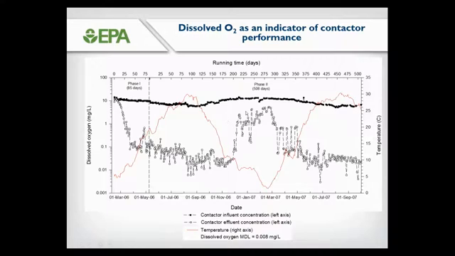The effluent contactor concentration of dissolved oxygen is another way that you can diagnose what's going on inside your anaerobic biological contactor. We can see that during our acclimation period, effluent dissolved oxygen concentrations in white symbols dropped steadily until the steady state period, where we consistently saw dissolved oxygen concentrations less than 0.1 milligrams per liter. Some of the concentrations may have been lower. It's just that the method we're using to analyze for dissolved oxygen bottoms out at about 0.1 milligram